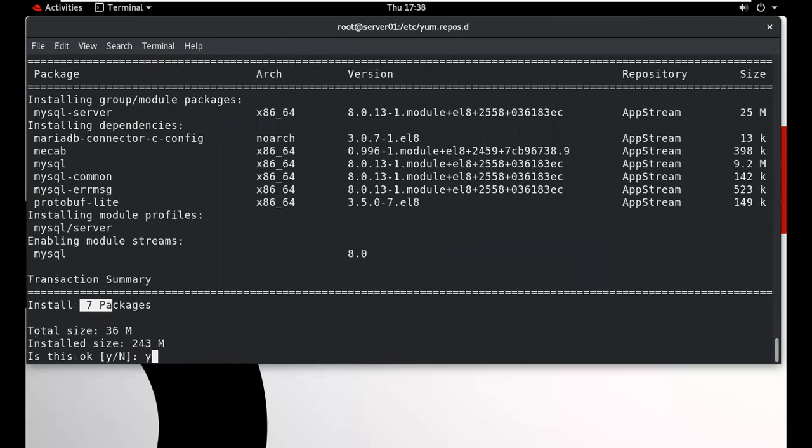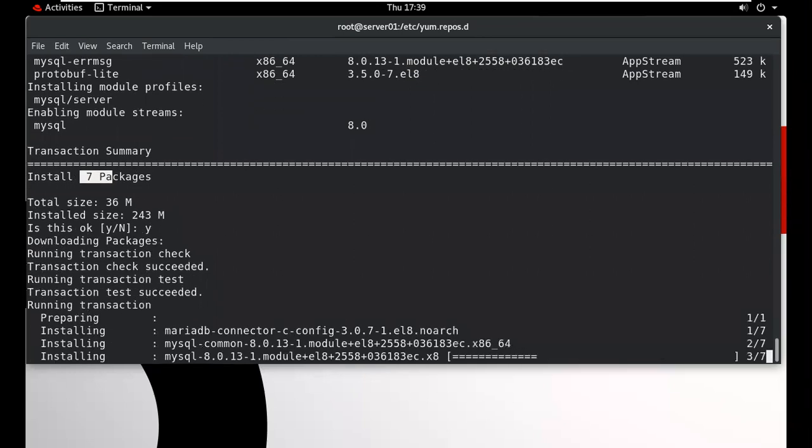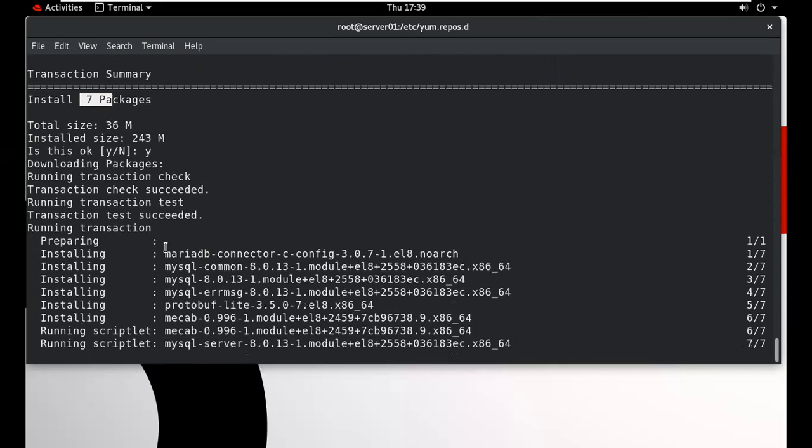So we can install. Like this particular way, we can also install the packages. So there are 3 functionalities: the individual install command, the command with the group, and the command with the modules.